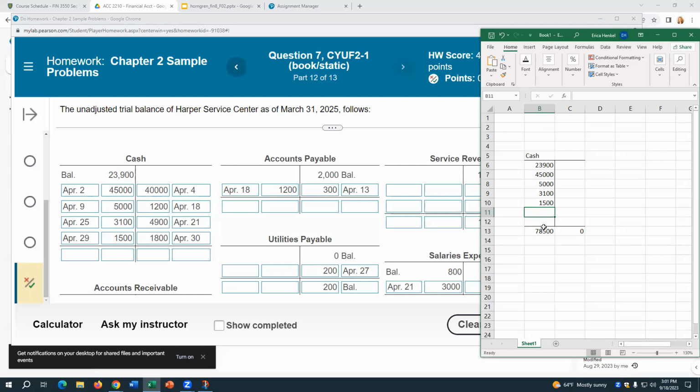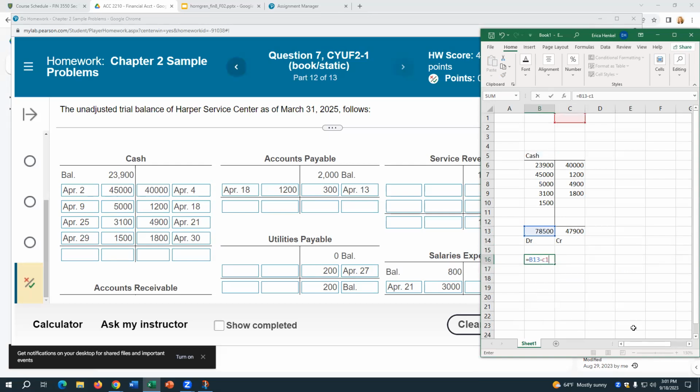They don't want me to total them all up and put the subtotals. So I'm doing this on my own on a piece of paper or a spreadsheet. On this other side, I've got 40,000, 1,200, 4,900, and 1,800, assuming I didn't write any of those wrong. So I have credits of 47,900. All right, so what I'm going to do then is take the debits here minus the